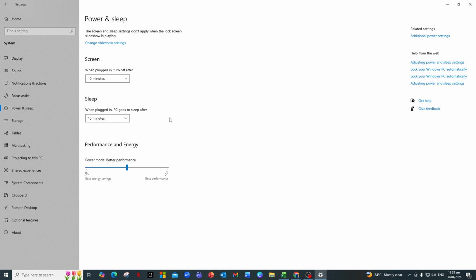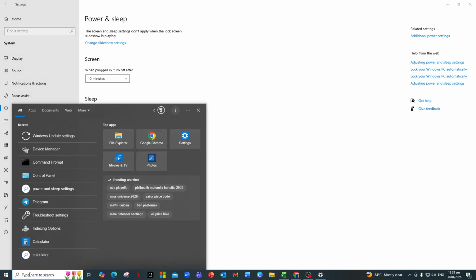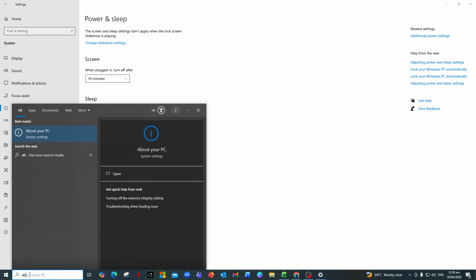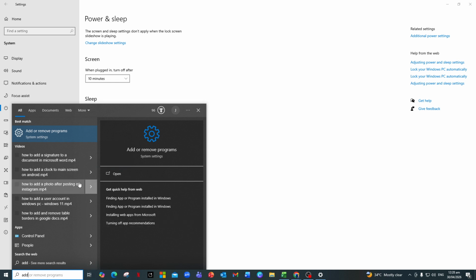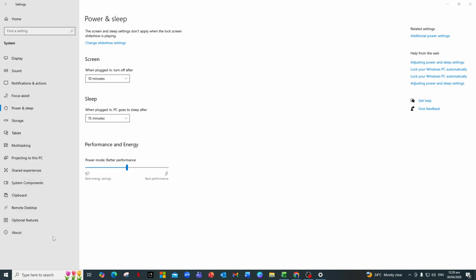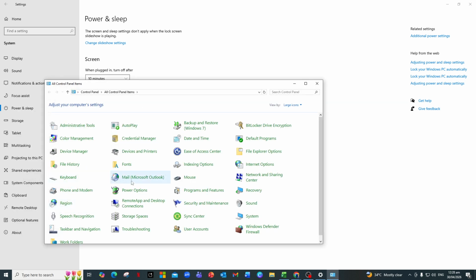Next, we'll look at advanced power settings. In the same window, open Additional Power Settings. Choose your current power plan. Then click Change Plan Settings, and then change Advanced Power Settings. In the dialog that opens, expand the Sleep section. Make sure Sleep After is not set to 0 or Never. And if you see options like Allow Hybrid Sleep or Hibernate After, leave them at their defaults unless you know you've changed them before. Apply your changes and click OK.